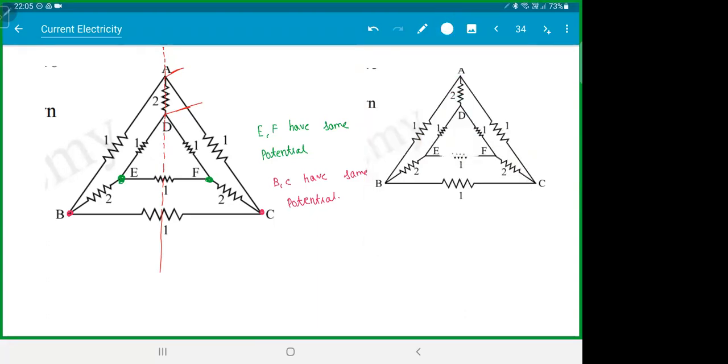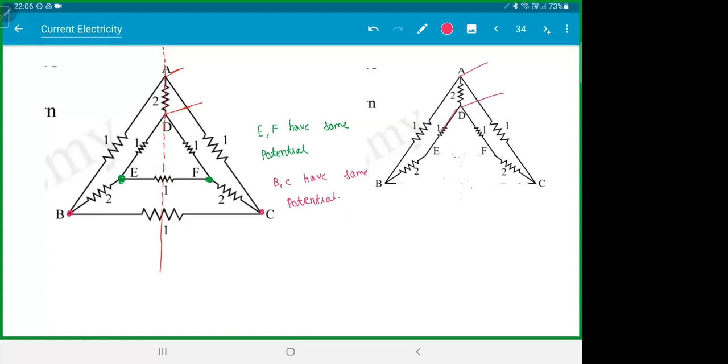Meaning you can remove this guy in the middle. Okay, na question. This becomes simply